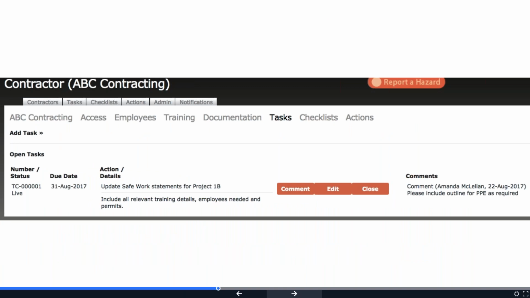And then finally, with any of these actions or tasks that you are in fact issuing out to the contractor, so far as to say maybe uploading their safe work statements, you can issue this out in a task or an action. So rather than an email or a phone call, which can be very difficult to prove should you ever need to down the line, this is a documented task, and again, date, time, and user stamped. And you can see here that any commentary that's going back and forth across this task or action will in fact be user and date stamped as well.